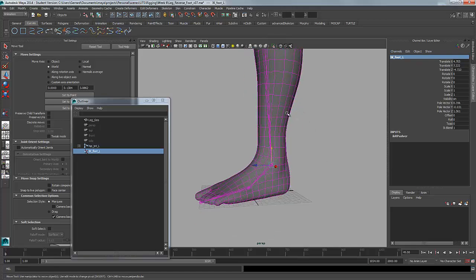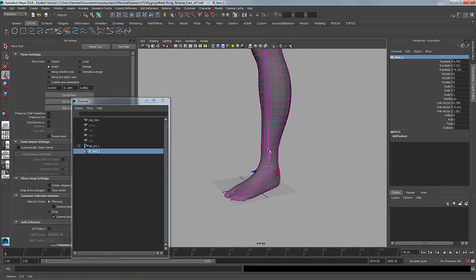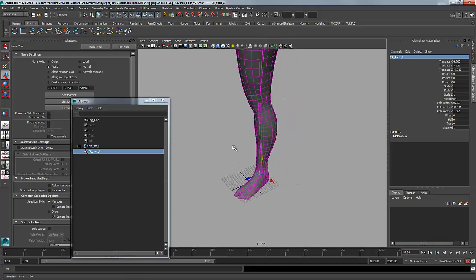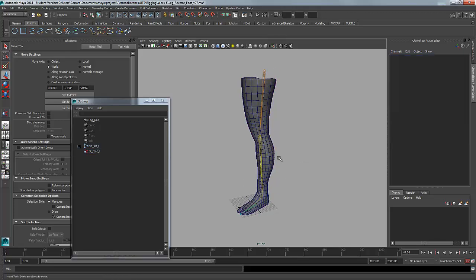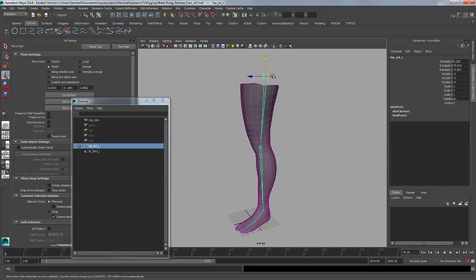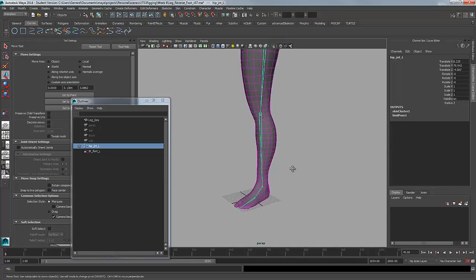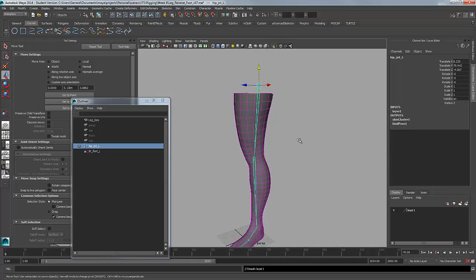Now the reverse foot control can be a little bit tricky to set up, so one of the important things to do is to make sure that you're working with the right set of bones. So first up, I'm going to just create a separate layer for these. This is my bind skeleton. So by coming down here, I click this button, and this just gives me